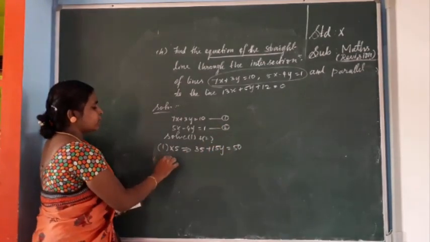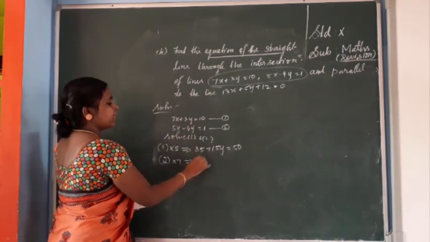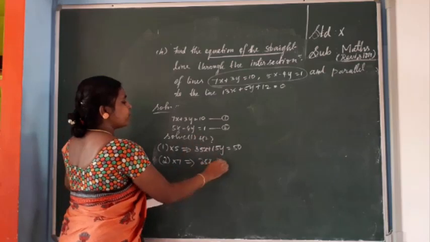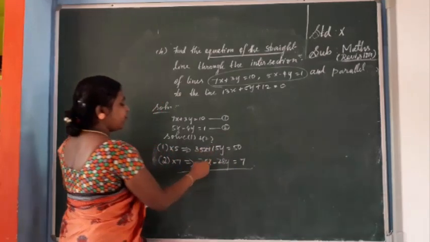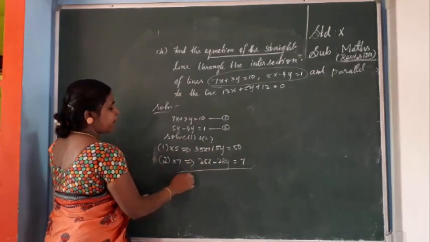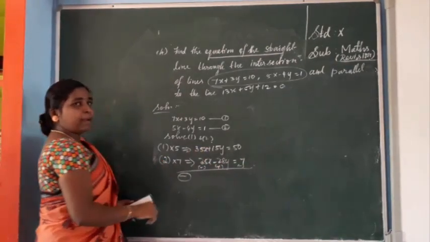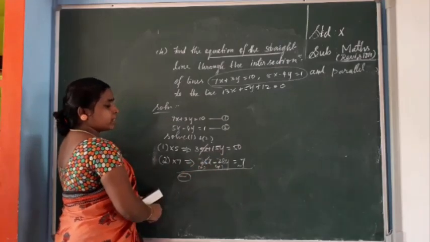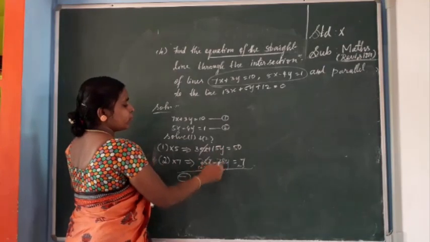Next, the second equation I am going to multiply by 7, which implies 7 5s are 35x, 35x minus 7 4s are 28y equal to 7 1s is 7. If the coefficients are equal, that is, the signs are the same, you have to subtract. So minus, plus, minus. 35x minus 35x cancels. Then 15 minus 28, that is 15 plus 28, so both are positive.